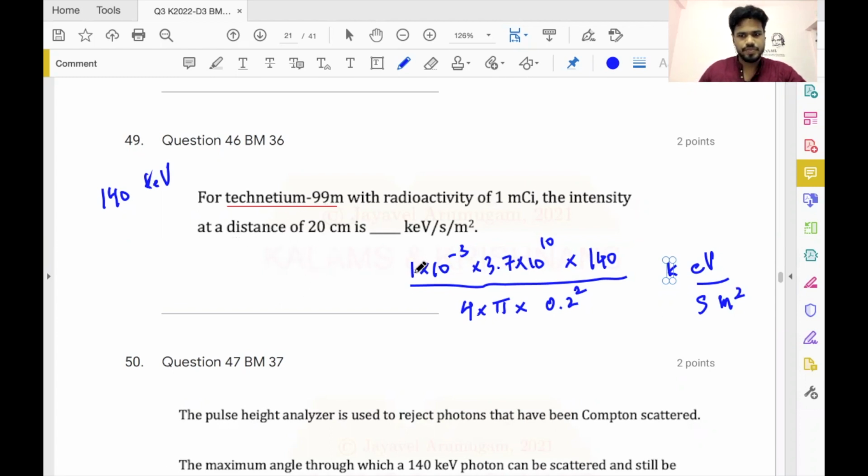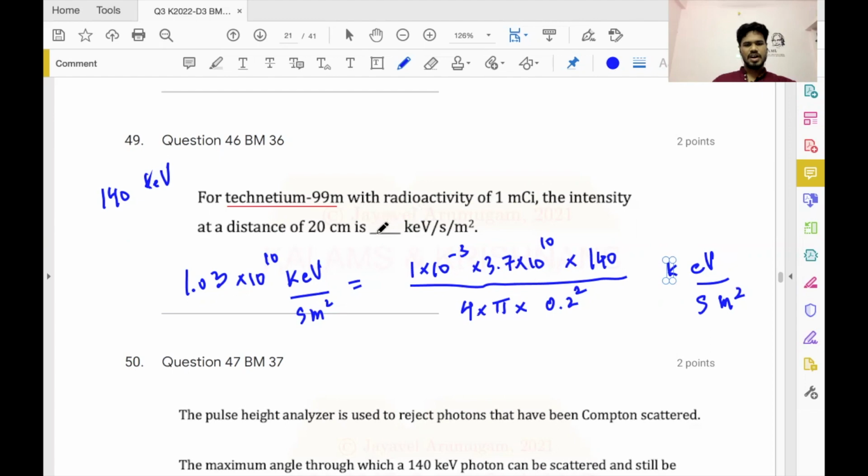I get this equal to 1.03 into 10 power 10 kilo electron volt per second per meter square. Yeah, I pushed the 10 power 3 into the kilo directly over here. That's the answer. And typically the blank they give will be like this: this times 10 power 10 kilo electron volt per second per meter square. So that you could enter